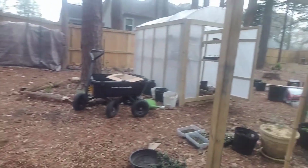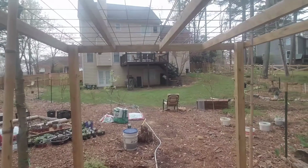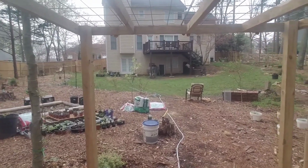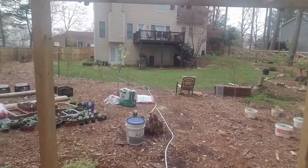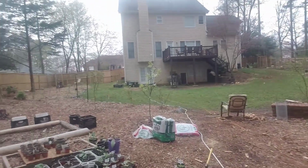All right, let's go back. So that's the idea of this. This arbor was built for beauty in the garden. Little shout out to Beauty in the Garden. All right, so